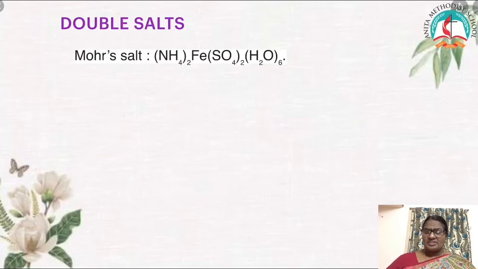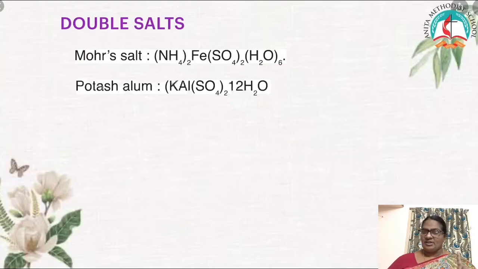So what is the speciality of these salts? When you did salt analysis last year, like lead nitrate, chloride salt, calcium chloride, barium chloride, so many salts we did. So every salt contained one cation and one anion. But in double salts, you can see iron, Fe, is one cation, ammonium is another cation. The anion is sulfate. So here I have ammonium